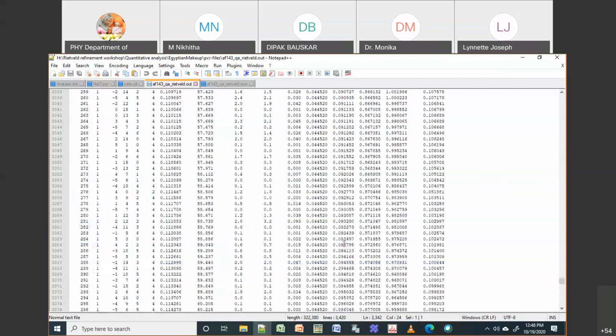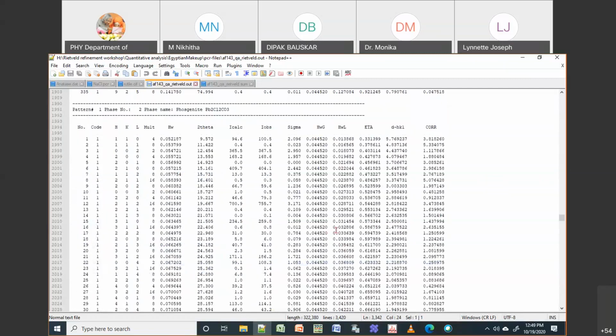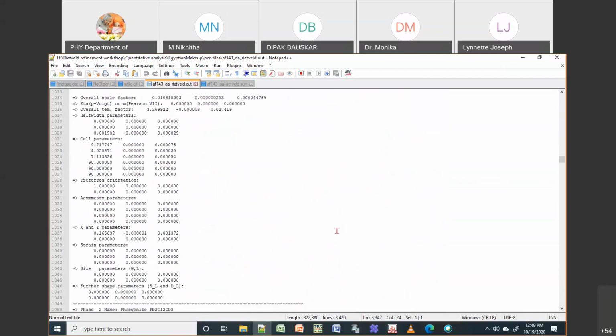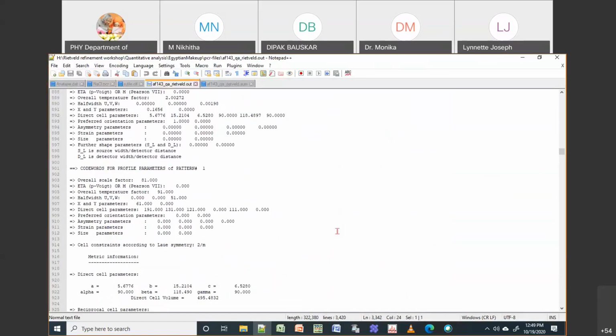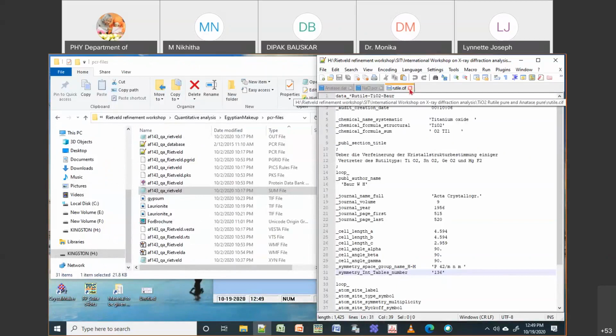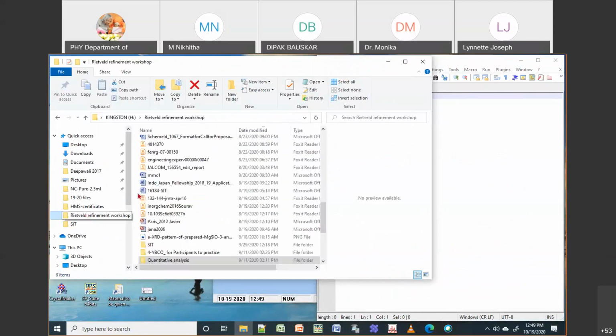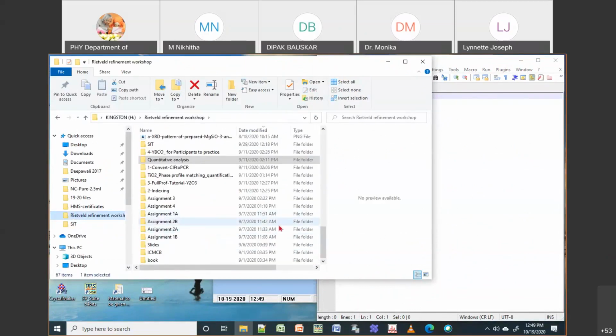For that you should have done Rietveld refinement by using all the phases. This again I will show you by taking some other example where you have more than one phase. That is one thing which I wanted to show you. But for today maybe we will stop at this point, because this itself is already a lot of things for a beginner. I don't want you to get lost in everything. So for multi-phase we will try again tomorrow.